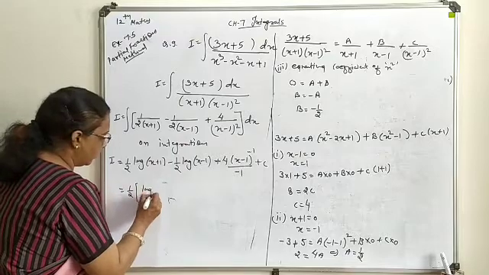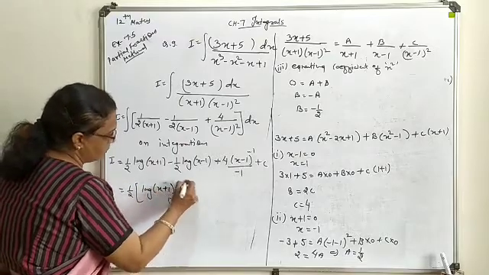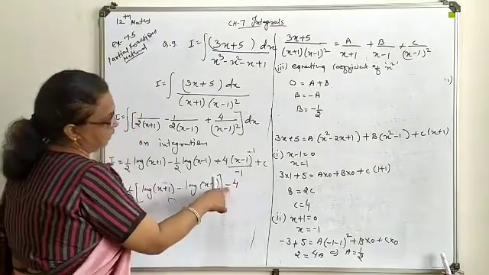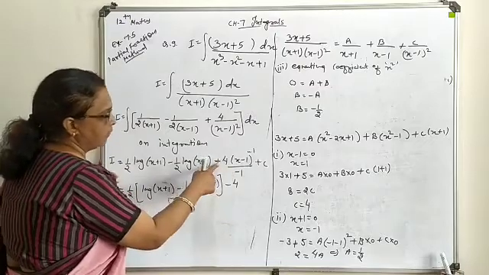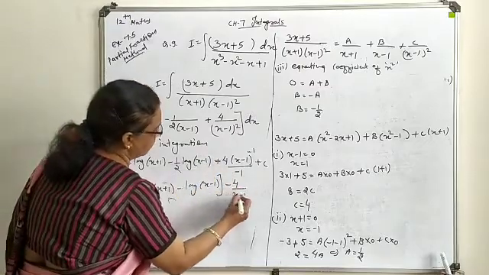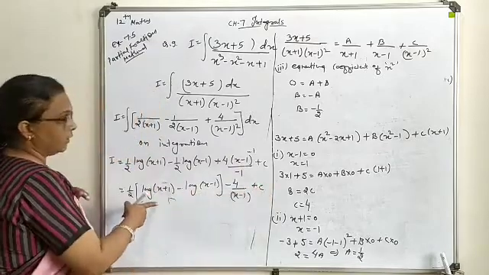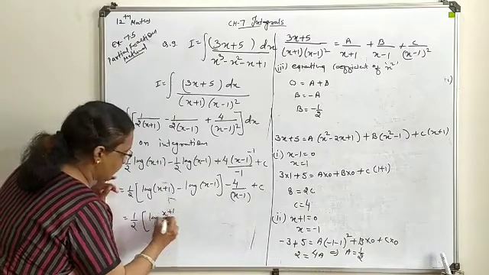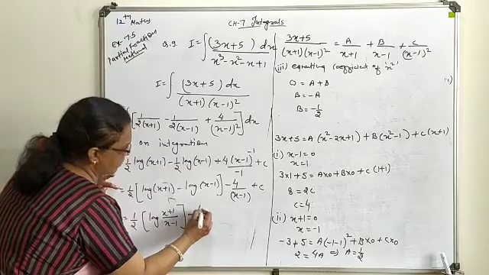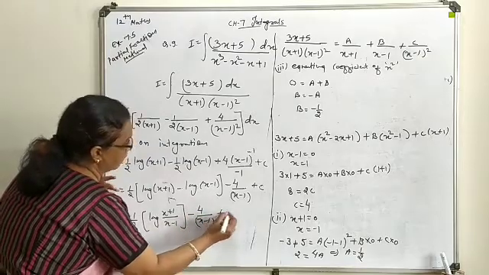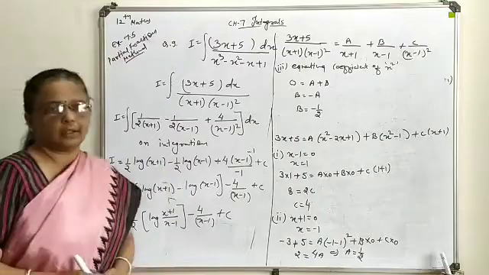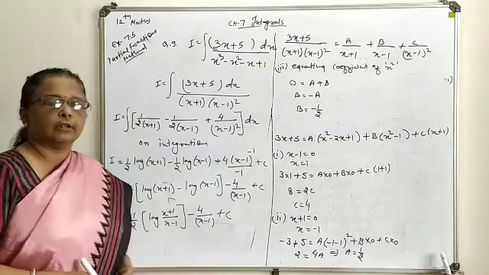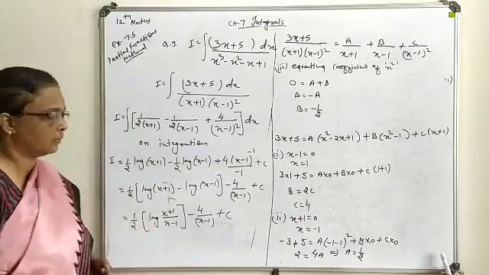So your log term can be combined as an m by n form. This minus will multiply over here with this positive sign, and this is x minus 1 and this is being constant. Further it can be sorted out for combined form as a log x plus 1 upon x minus 1. This is minus 4 upon x minus 1. So this way your integration will be carried out. So if your question is available with the higher order of x, convert in a required factor form and then proceed about the solution form.